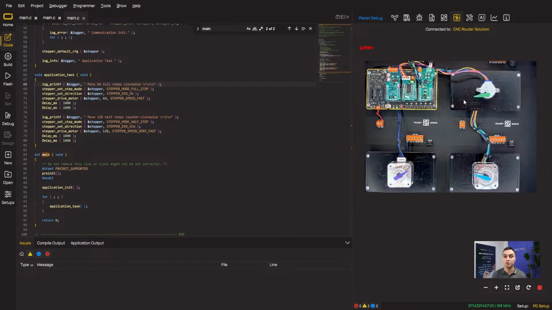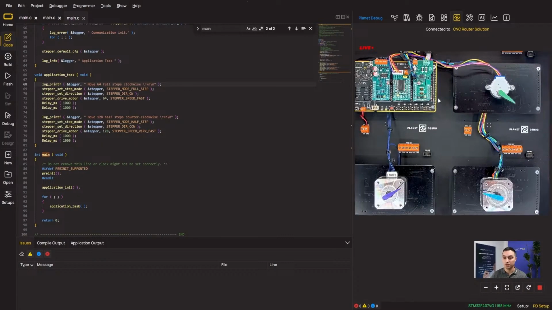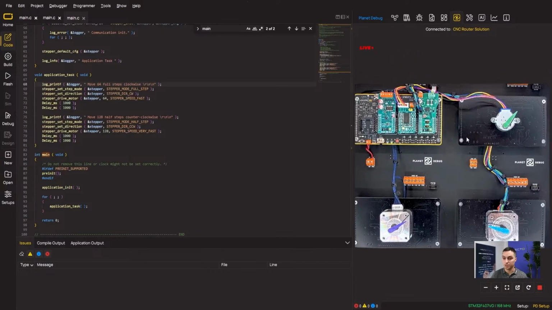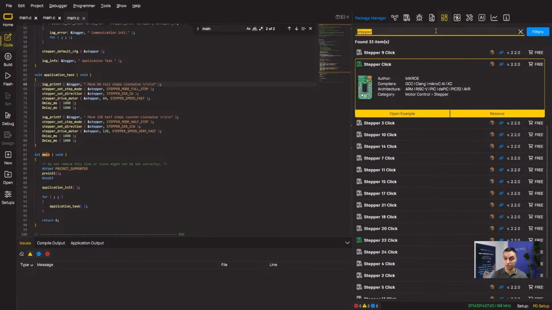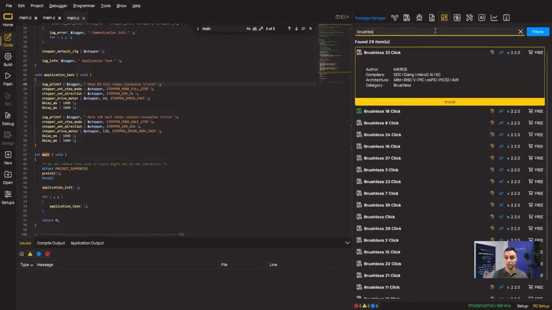Now let's perform the dry run of the third motor device. In our case, this is going to be the brushless DC motor, which is on the lower right part of the NECTO Studio live feed. Okay, this one is being driven by the Brushless 31 Click board. So once again, go to Package Manager, type in the Brushless 31